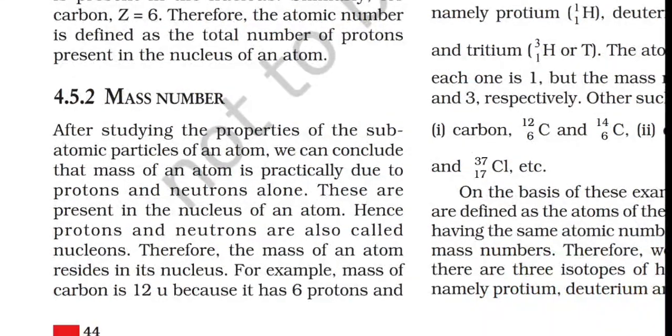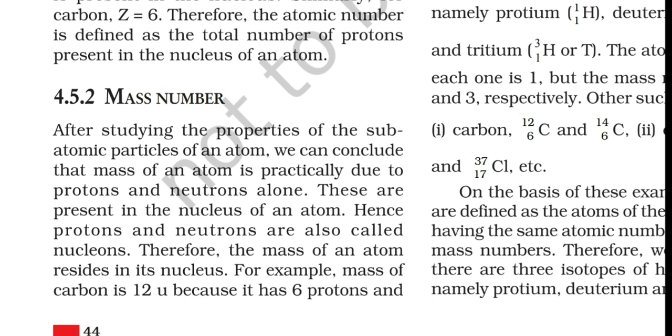After studying the properties of the subatomic particles of an atom, we conclude the mass of an atom is practically due to the protons and neutrons alone. These are present in the nucleus of an atom. Hence, protons and neutrons are also called nucleons. These protons and neutrons combinedly are called the nucleons. Therefore, the mass of an atom